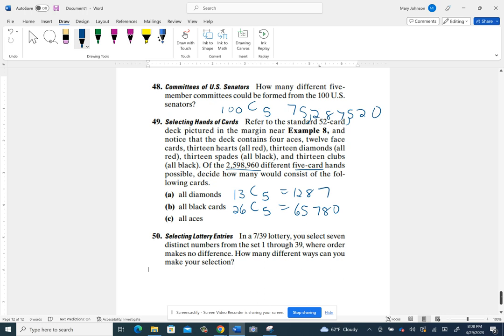We can't make a 5-card hand that's all aces because there's only 4 aces. So that one's not possible. All right,